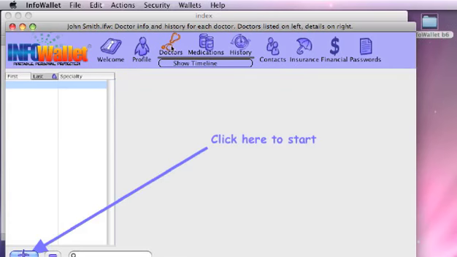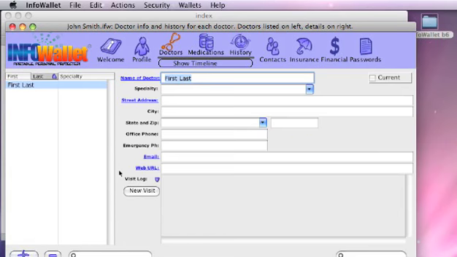So there aren't any listed now, so we'll go ahead and click the New button down here in the lower left. And you can enter your doctor's name and address and the specialty and a bunch of other information. If you're connected to the internet when you're running InfoWallet, you can actually do a web lookup of the doctor's